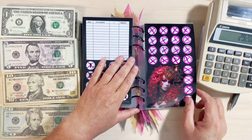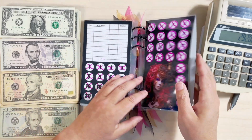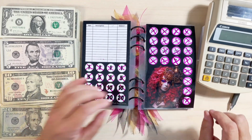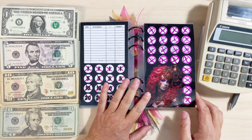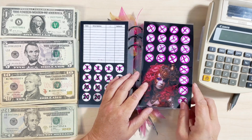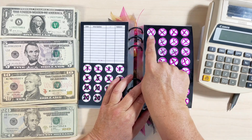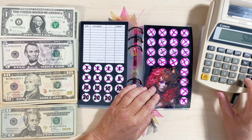All right, so this one here is our last page, and this one had the empty bubbles where I wrote in the amounts. And on this one, let's go ahead and give it a count, all of the increments that I wrote in, so then we can see what the total should be inside of this one sleeve alone. Okay, so taking it from the top, from the left to the right, we have $50, $50, $2,